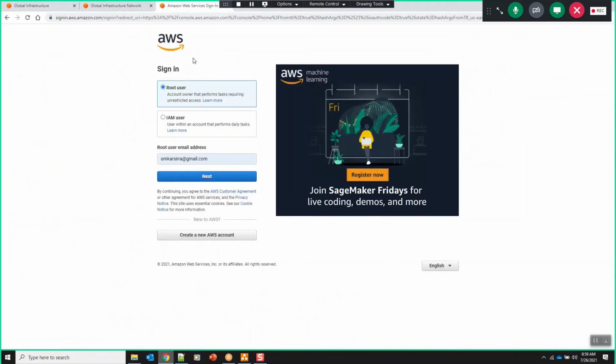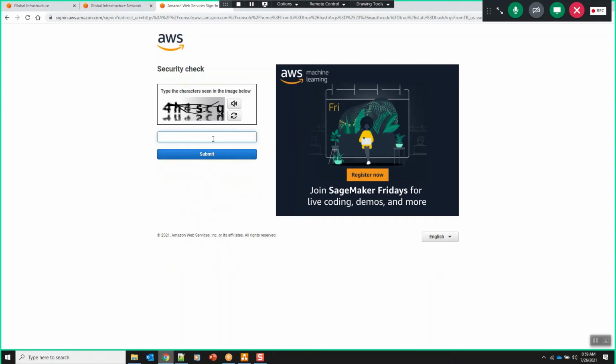So first thing is you have to log in. You can log into AWS using root user or using IAM user. But the ideal practice of logging into AWS accounts is using the non-root user. It is not advised to use the root user. Why is it not advised to use a root user? Because root user has all the privileges. Sometimes unexpectedly you may do some unintended actions, right? So it is not advisable to use root user.